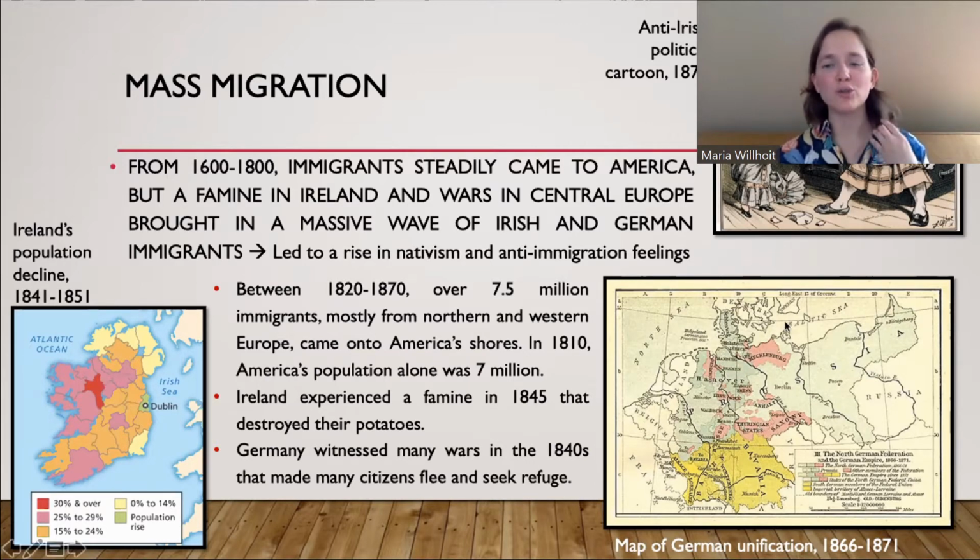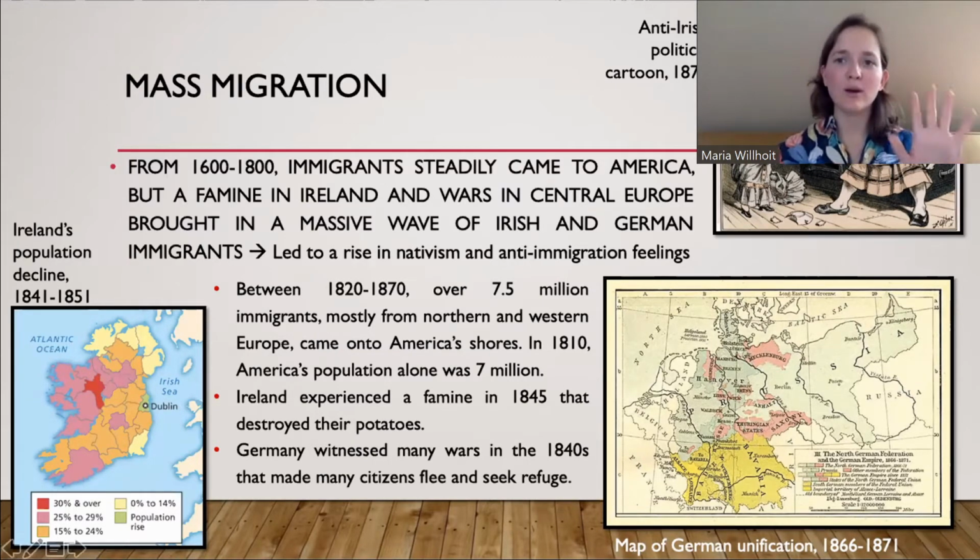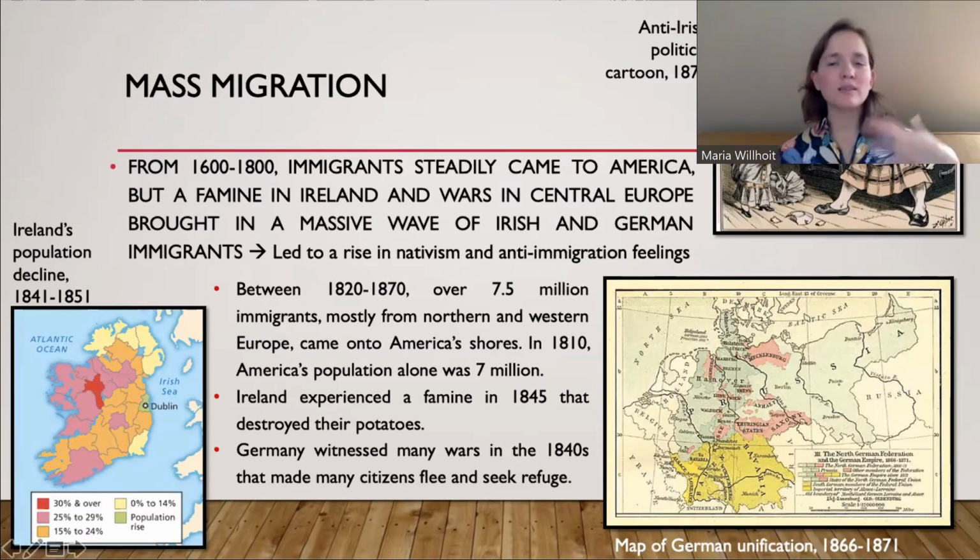This is an anti-Irish political cartoon. Here is the British woman kind of begging for forgiveness, and here is the Irish woman. As you can see, there's a dramatic contrast between the two women. You have the civilized, nicely tailored, sophisticated looking British woman, or English woman, and then you have the kind of brute, heavy set Irish woman. Obviously, this is a satirical cartoon, but it's not satirical in terms of the people's feelings.